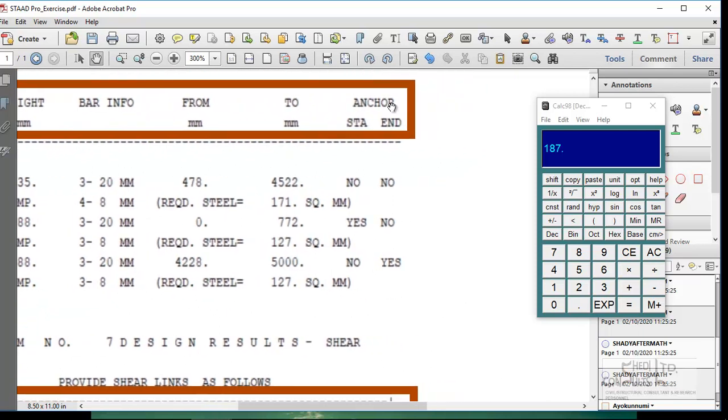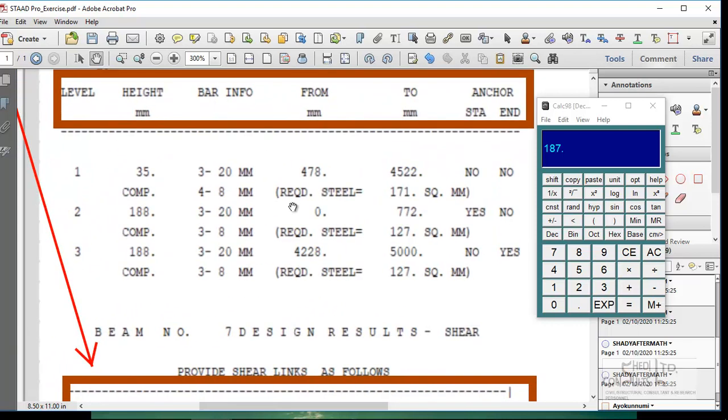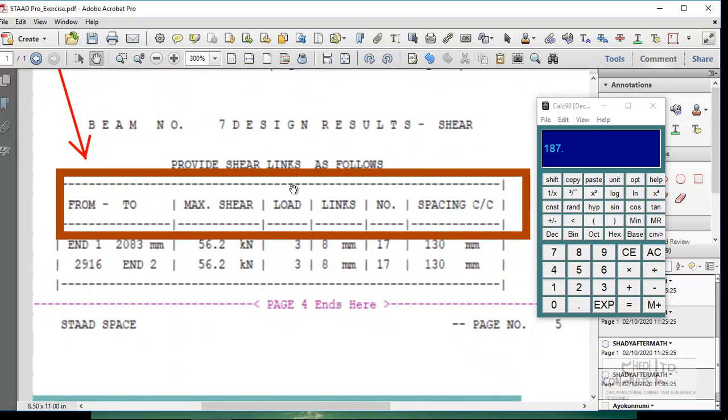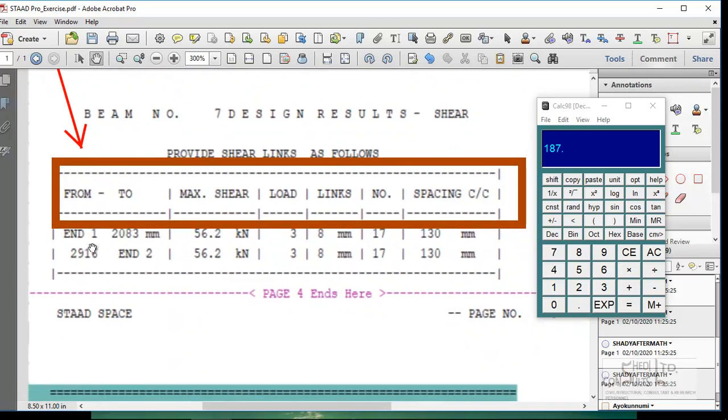Okay, it tells you, do you need anchorage at the start point? Yes. Do you need anchorage at the end point? No. So it says, do you need to anchor your reinforcement? Yes. Do you need to anchor reinforcement? No. In the same way, your shear reinforcement is telling you that from